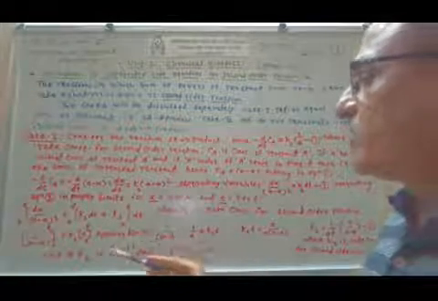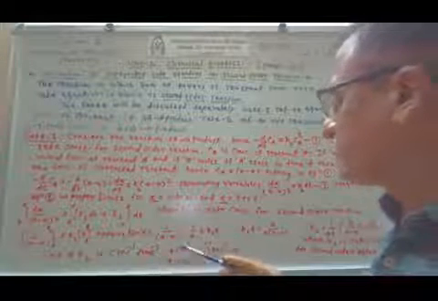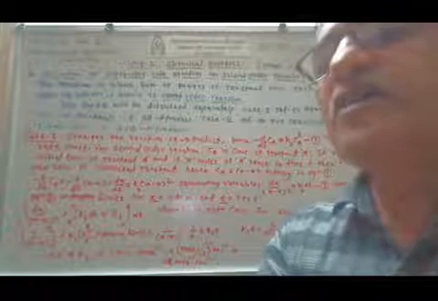So this equation number 3, where k2 is the rate constant for second order reaction. The unit of k2, that is the velocity constant, is concentration inverse time inverse. So concentration is moles per liter and time in second. Therefore we can write moles per liter per second inverse, or liter per mole per second. So in this way we have derived this equation for rate constant of second order reaction for equal initial concentrations.